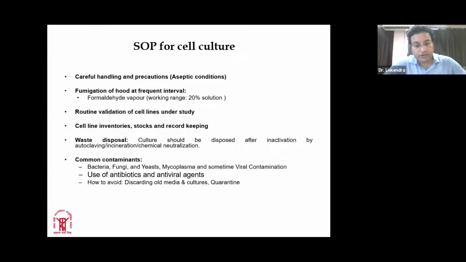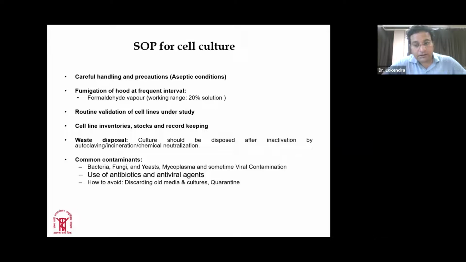And when you deal with cell culture, it sounds very easy, but when you really deal with it, you face a lot of problems. For example, the most common problem is contamination. Since we are living in an environment where every day we face various biological agents, sometimes we can accommodate them, sometimes we get infected by them. But in cell culture, you have to maintain very strong aseptic conditions, and so careful handling precautions are required.